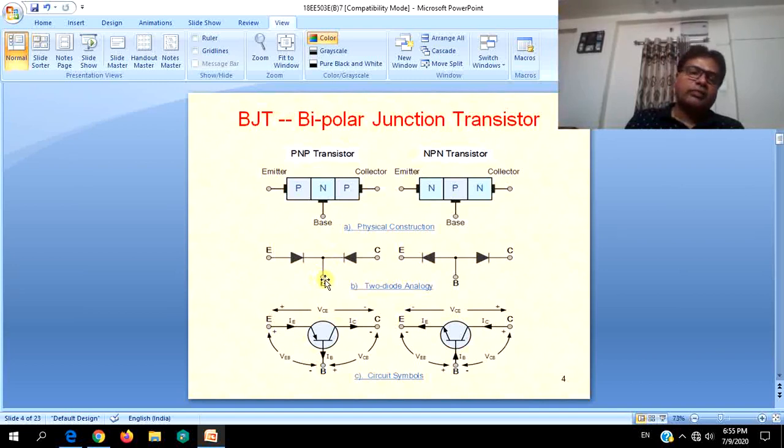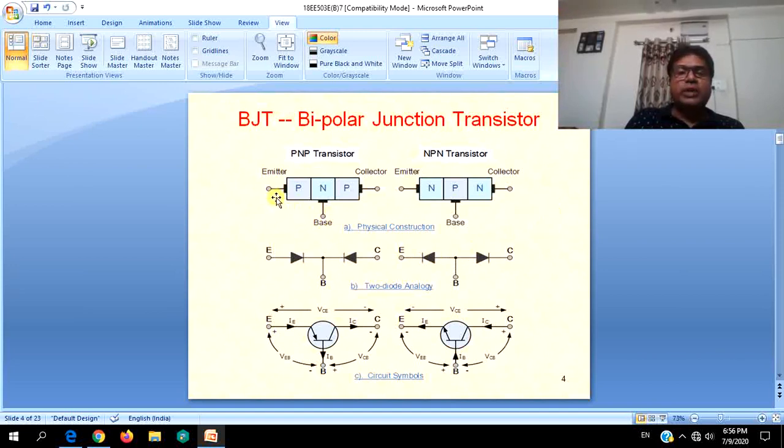When a supply or current is made to flow into the base, or when some base current is allowed to flow into the base junction or the middle layer, then conduction prevails. The conduction can be from emitter to collector or collector to emitter depending on the device, and also depending on various configurations, CE, CB, CC, all those things which we are not going to discuss deeply. But these are the basics of a bipolar junction transistor, which you have to understand.